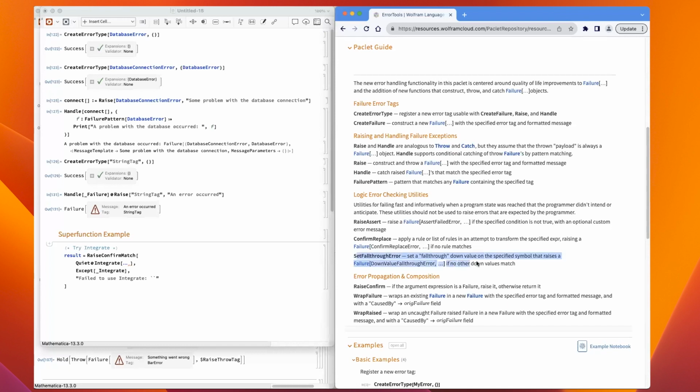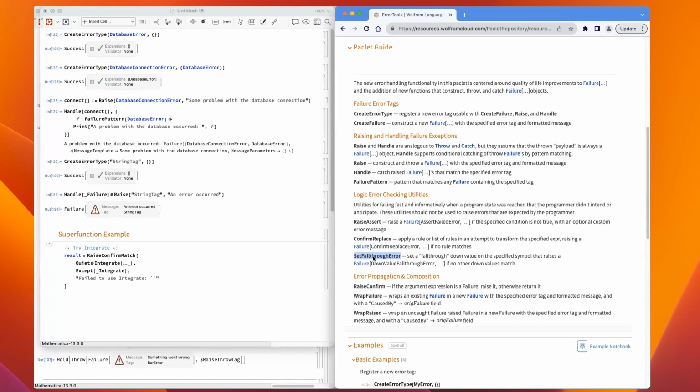And then set fall through error. It's set in that it mutates a symbol, and what it does is add essentially a triple underscore down value to a symbol that raises an exception. You've passed arguments to this function that you shouldn't have passed to it. And this is particularly useful in quote unquote internal functions to a package. They're not public. You don't expect end users to call them willy-nilly with random arguments. You expect that you're the one calling them, and you hope that you're only calling them with